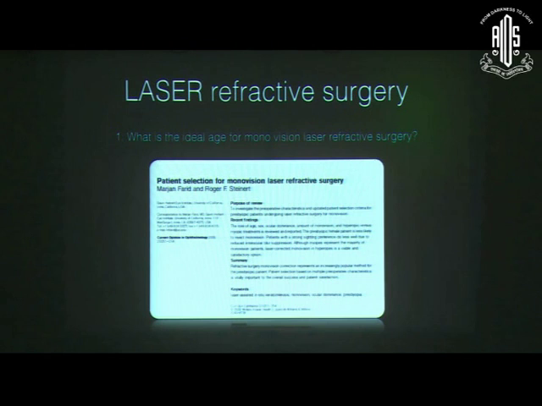Usually, patients who are between 45 to 55 tend to be the best candidates for monovision. Any older, the intraocular anisometropia is so large that they will not enjoy the benefits of monovision. Any younger, and these patients probably again are going to complain that the vision is not as good as it was before. So if you have a younger patient, the benefit is they might have some residual accommodation and they might actually be able to have better stereopsis, but then the disadvantage is the fact that they have not experienced